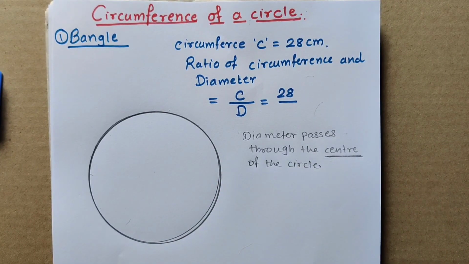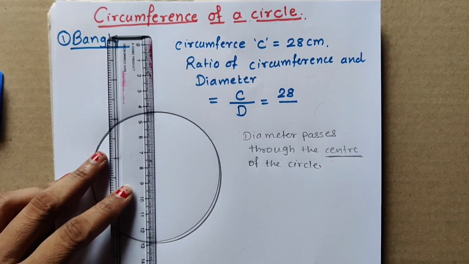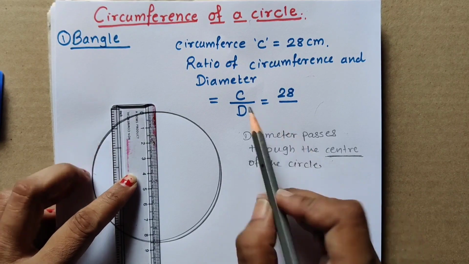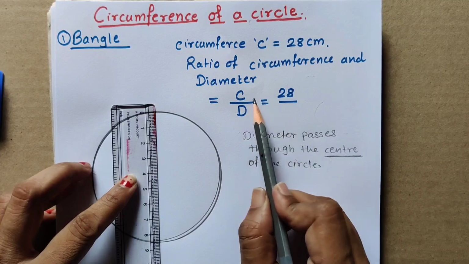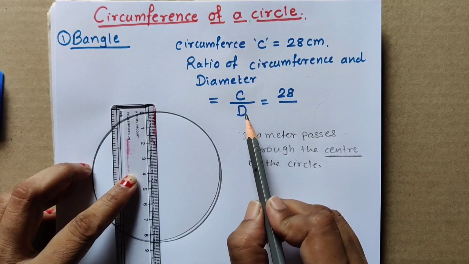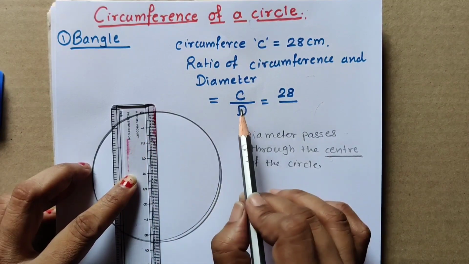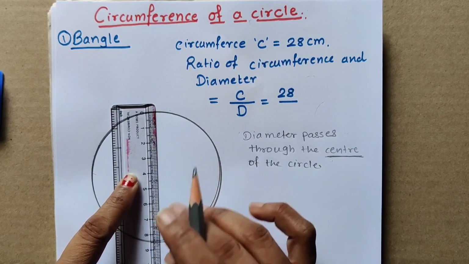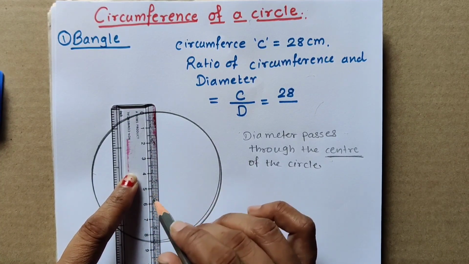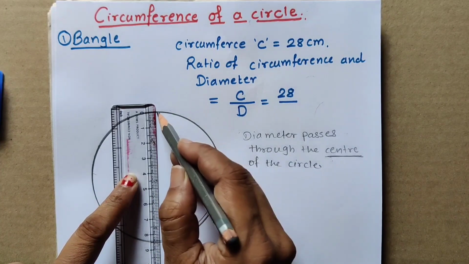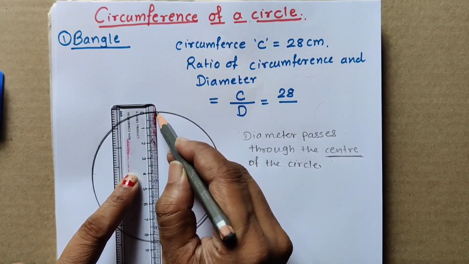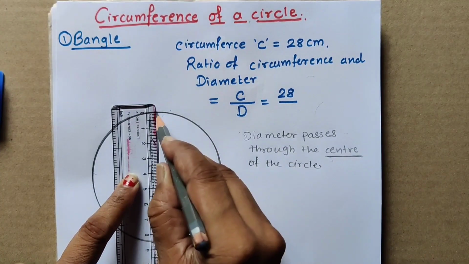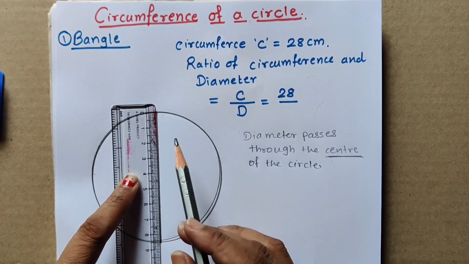So here I am drawing a rough diameter. Okay, it is not exact. Once again I am telling you all, it's not exact, just a rough diameter we are going to draw to see the approximate value of this ratio, circumference upon diameter. Exact diameter we cannot get here, it is a bit difficult to locate a center here. So I am just drawing one chord which is passing through the end points on the circumference. As we don't know where the center of this circle is, it has become difficult.